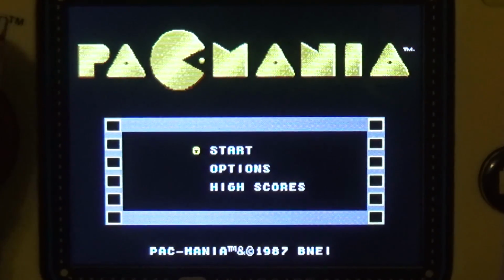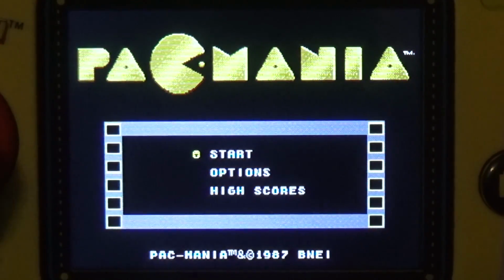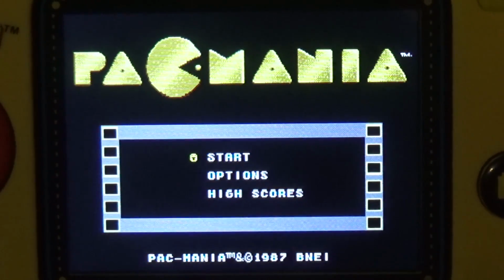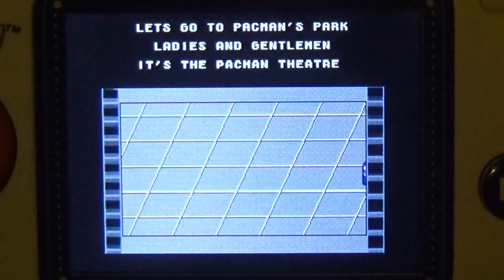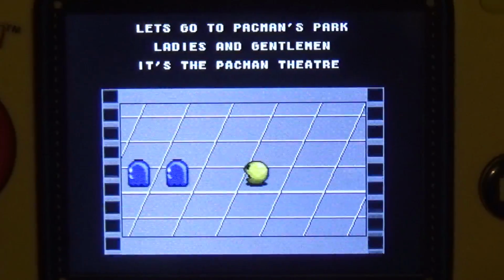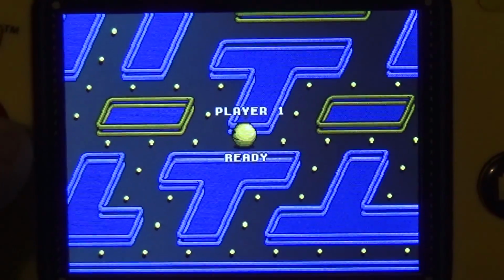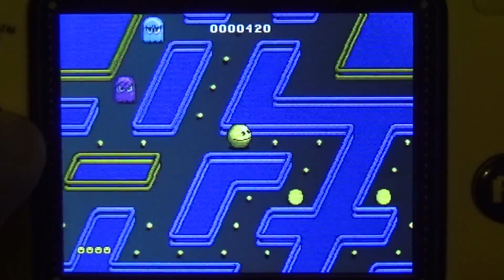Pac-Mania. Now this is the Genesis version, and it's really quite nice. It also allows for 2 players, which I like. Unfortunately, well, let's just start. You can hear the problem already. The sound is almost unbearably tinny. I would even say this is unbearably tinny. I don't think I've ever heard